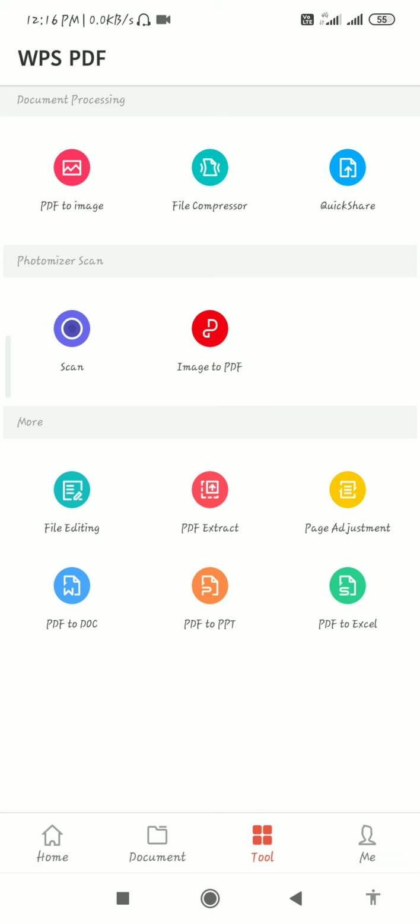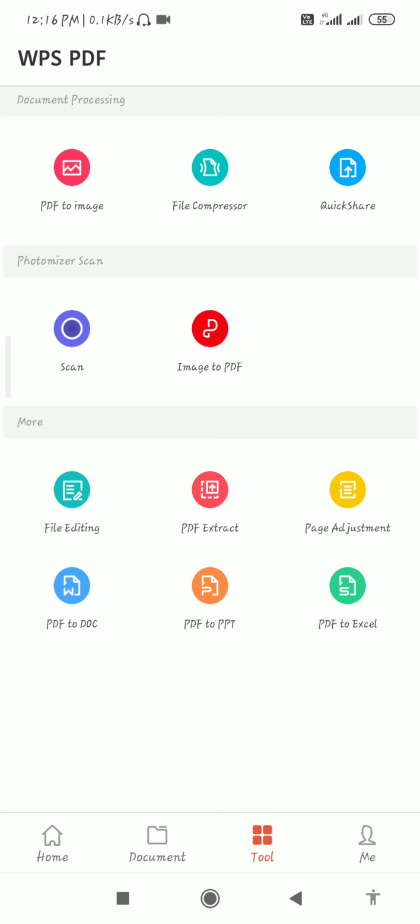Here is the file editing option, the PDF extract option, and an option to convert PDF to doc. A lot of tools are available so that you can use more tools through this application and enhance your reading quality.